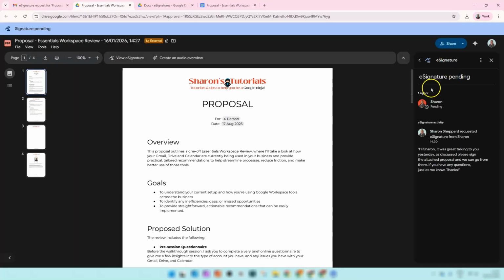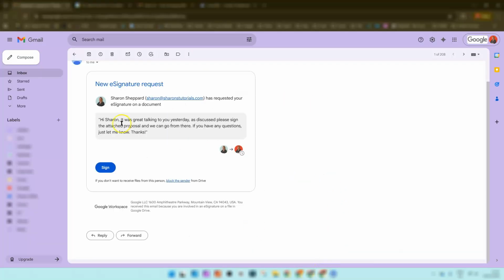Over on the right hand side, you can see it says eSignature pending. So it tells you the current status of the document. So you can see here it says pending. It also lists the recent activity of the document as well. So you can see here that I requested the e-signature from another person. So now you've seen that, let me go back to the other one